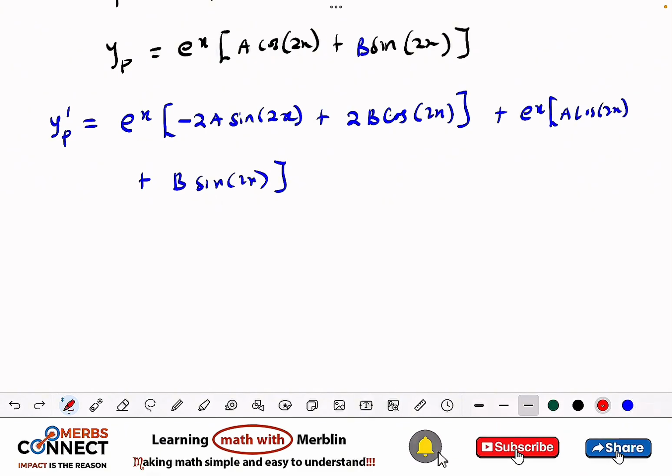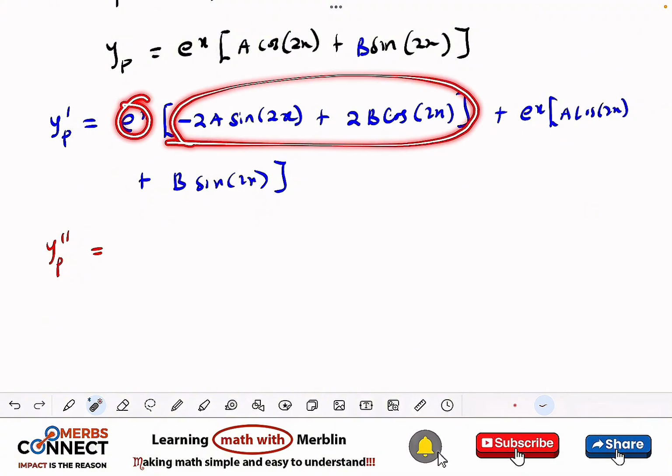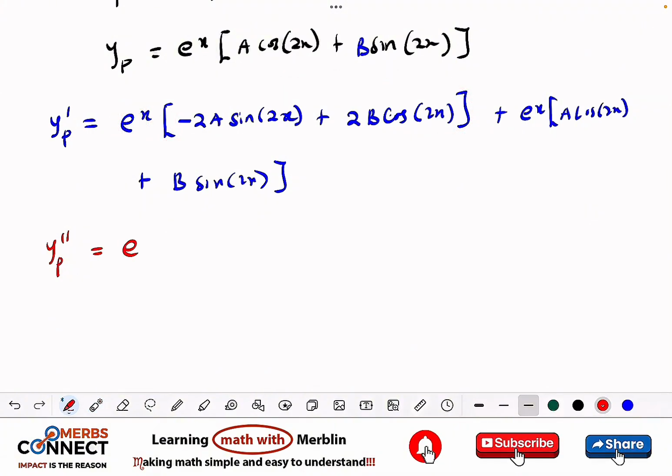So you see that this is kind of the differentiation here. You need to pay attention to this. So the same product rule again, I'll maintain this and differentiate what is inside the bracket. So I'm going to have e to the power x in the bracket. When I differentiate sine, I get cos, then I differentiate what is inside the bracket. So this is going to give us minus 4a cos 2x plus, same thing here, differentiate cos, differentiate what is inside. So this is going to give us minus